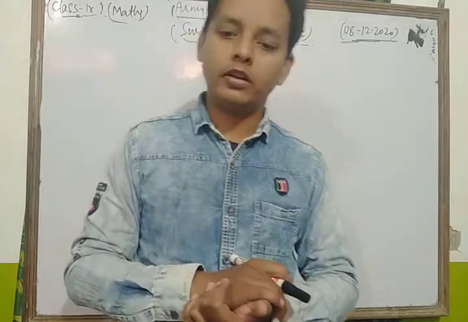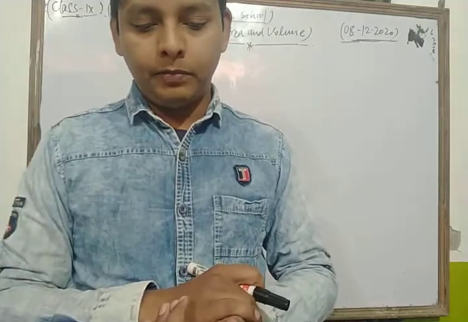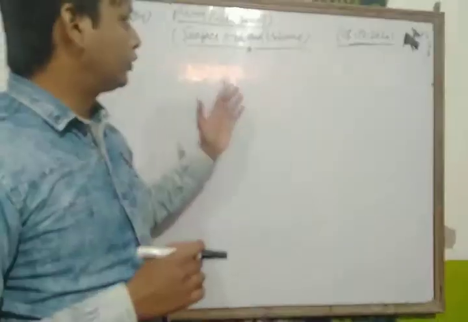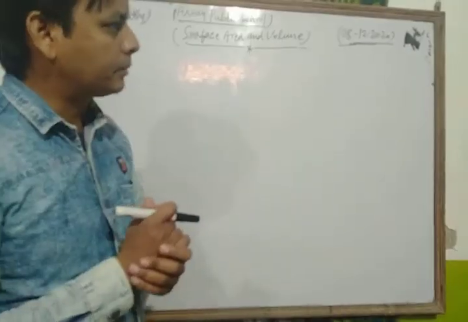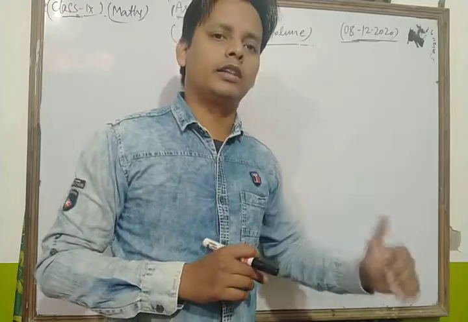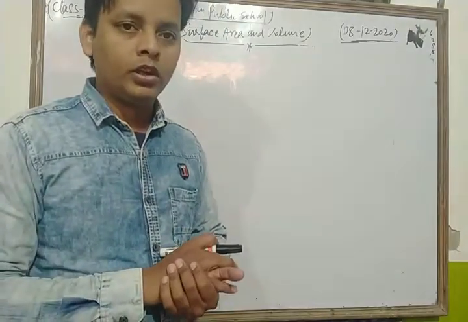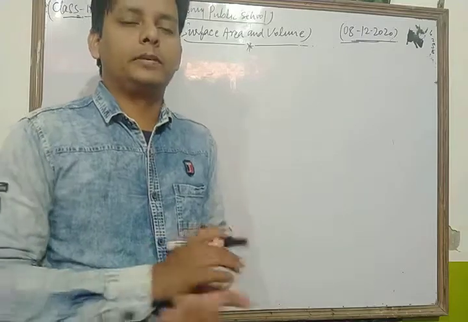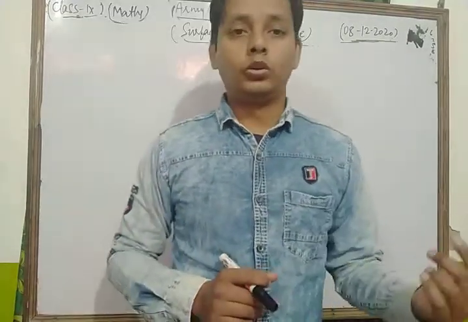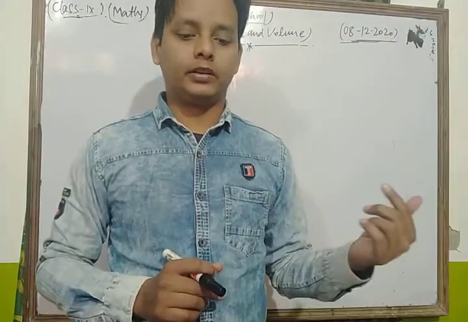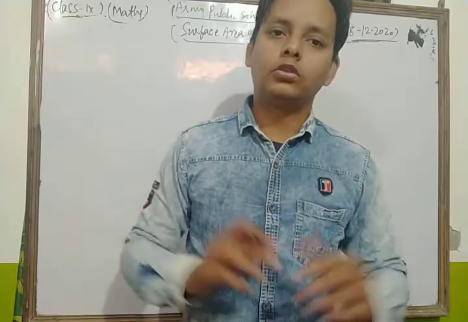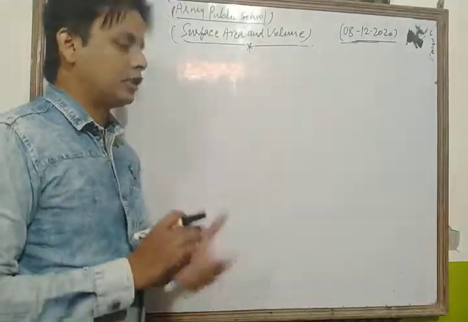Okay dear students, today we take and solve some other important questions of your NCERT. We revise the chapter Surface Area and Volumes. Dear students, we already discussed all the formulas related to that chapter, related to various types of solids, like cuboid, cube, cone, cylinder and sphere. In today's class we take some important questions based on all the topics included in that chapter.